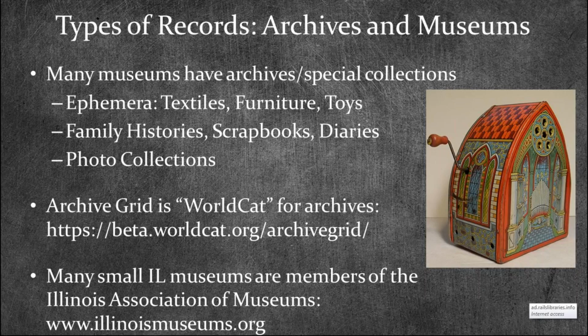The downside to some of these small museums is that they don't have a web presence. There's not a dedicated website. So if a patron just does a Google search on Plainfield Historical Society, they're not going to come up with anything because they don't have a website that Google is going to ping against. So the Illinois Museums website is great for giving street addresses and phone numbers and sometimes hours of operation for these organizations that don't have a web presence.